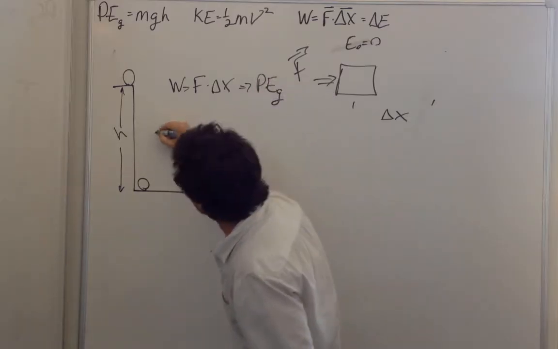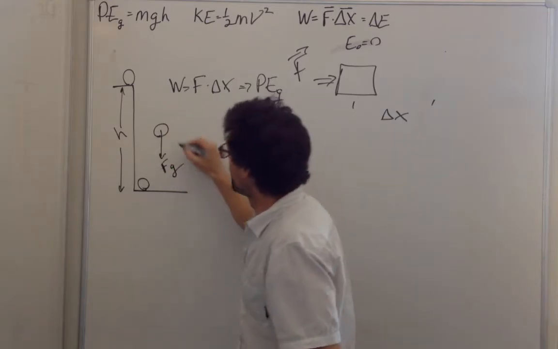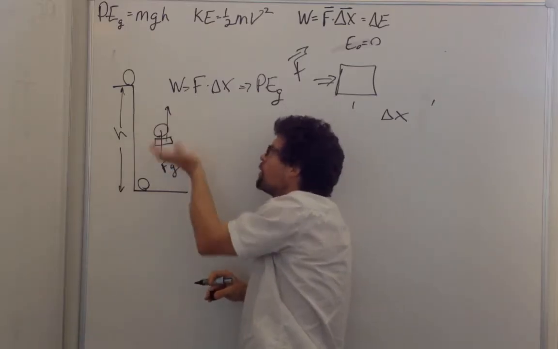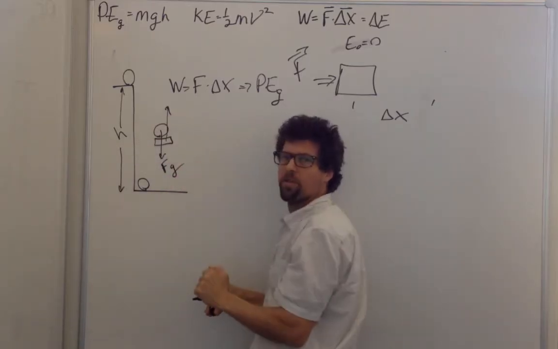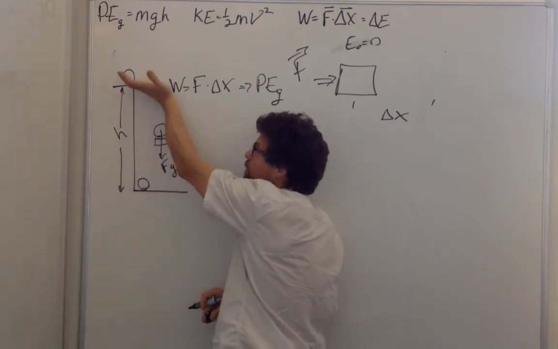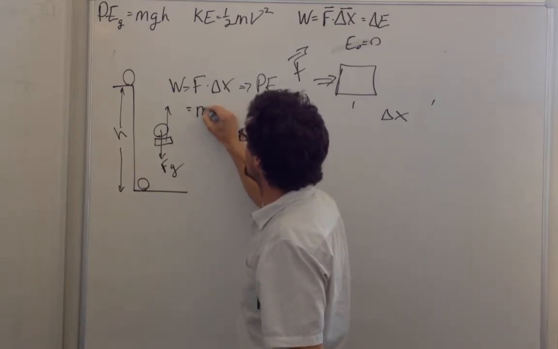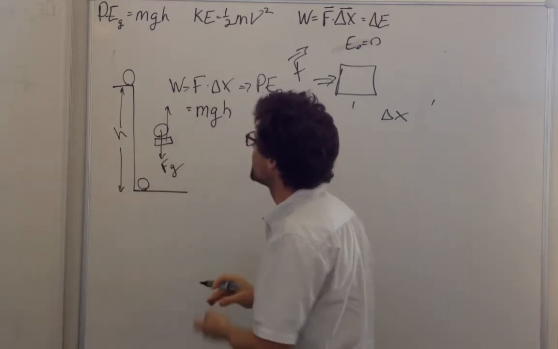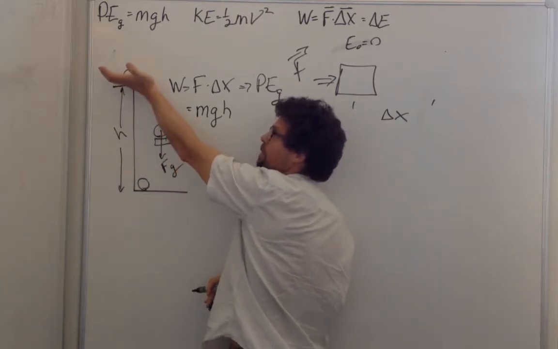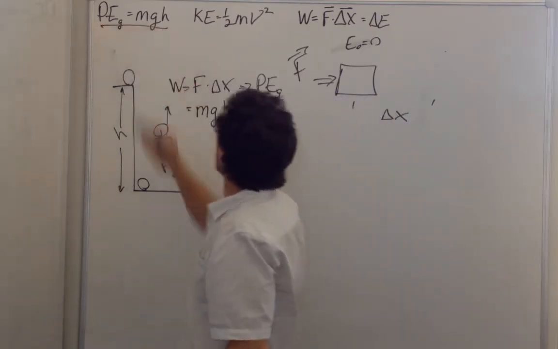Okay, so here is the rock, and there's the force of gravity pulling down. As I move it up, and I'm not accelerating it, if the acceleration is 0, the force of my hand must be equal to the force of gravity. So we can see that the force that I put on it is equal to the force of gravity times the height. And so this is just going to be mg times the height. So the work I do on this rock to change its potential energy is mg times h. So this one is no problem.